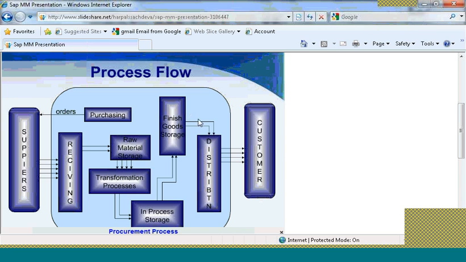And finally, you have the distribution, which can come in the sales and distribution module, wherein the transportation is taken care of to distribute to the customer, or the logistics is taken care of for the customer. And you can see the final flow, which is the end customer. So this process flow is one simple one which helps you understand how a material management module works and how the process flow looks like.